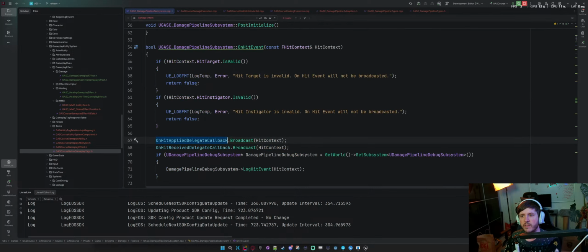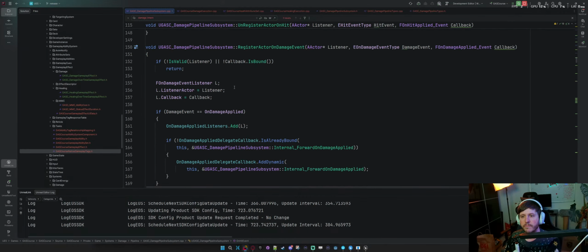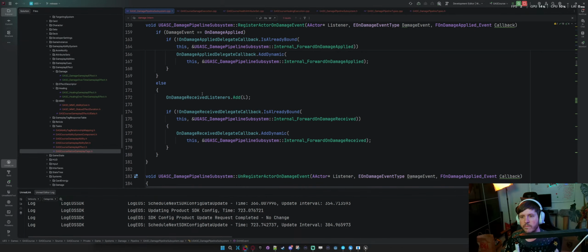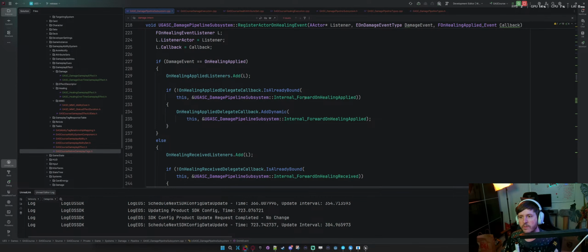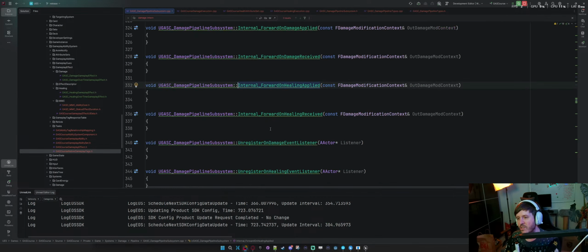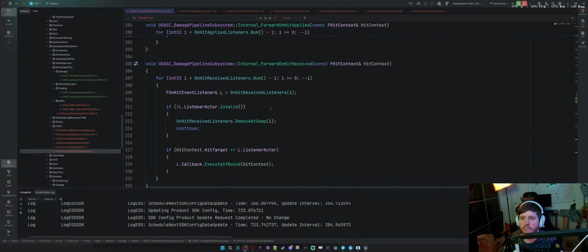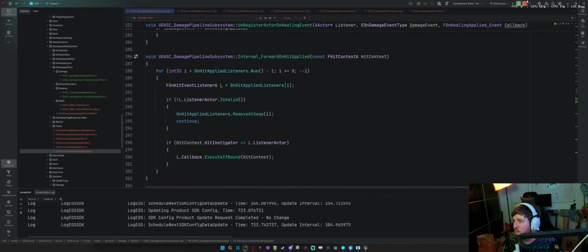And then in the damage pipeline, we do register, unregister. So registering, and then, yeah, we do internal. Yeah, we still have to fill out these internal ones too, I just realized. So, yeah. Okay. Forgot about a bunch of this stuff, so we're going to continue.